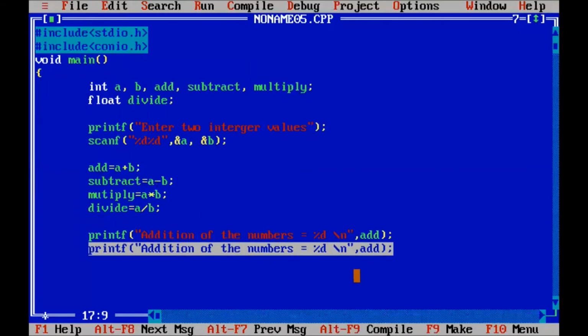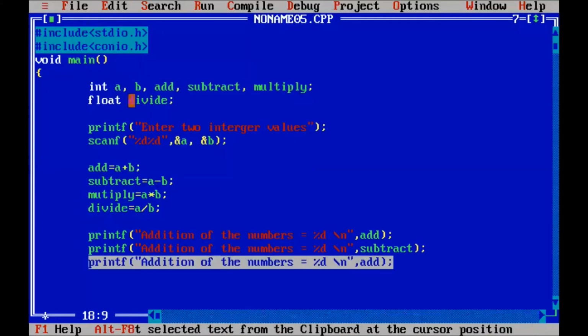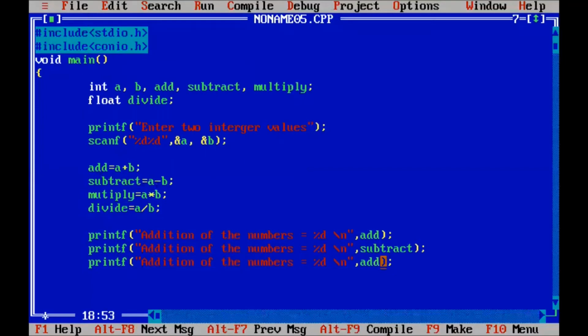Here we change it to subtract. Okay, so we again paste here for multiply. We go to the edit part and paste, and here we write multiply.